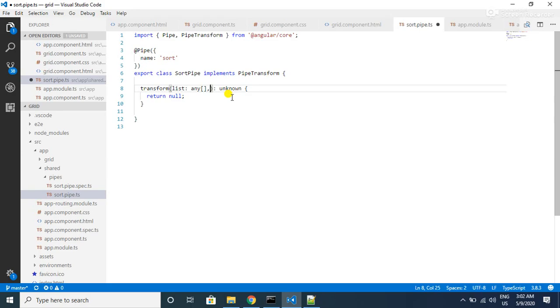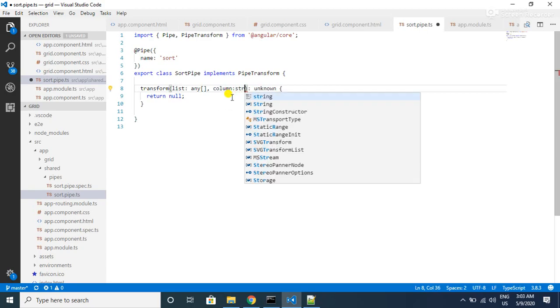So whenever we click on that particular column name, that is name or age or joining date, we are going to pass that column name also to our sort pipe, so that we will be sorting this grid based on that column name. So let's give a name as column, and this will be a string.